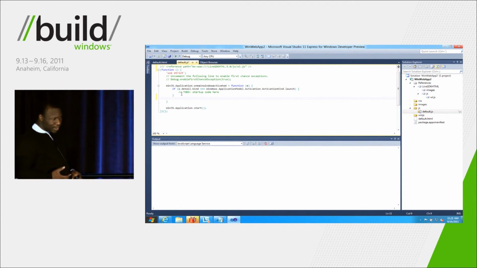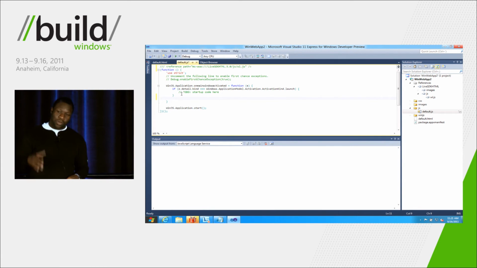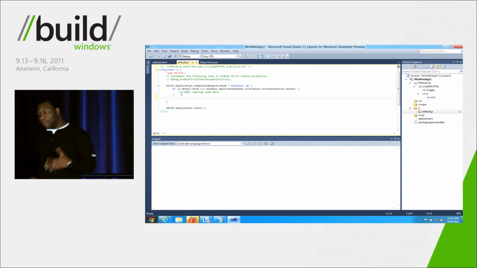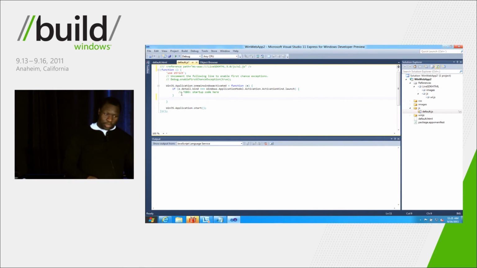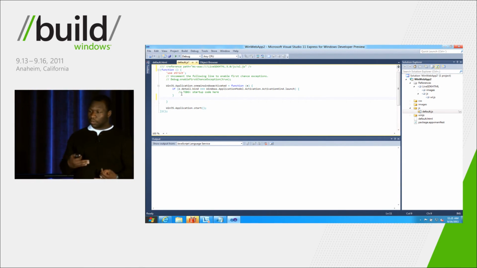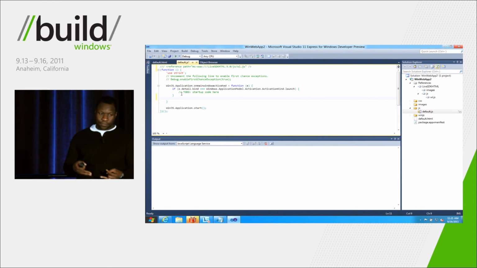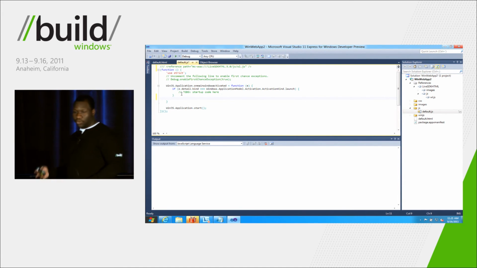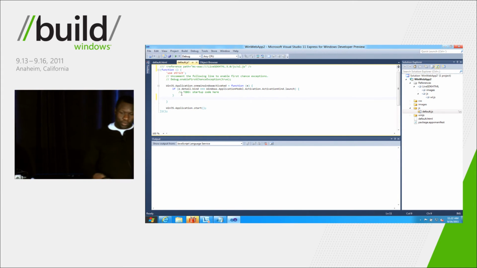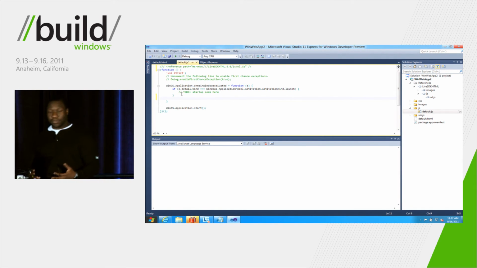So I should talk a little bit about our JavaScript object model. In the Live SDK, we have a single object, the WL object. That object is responsible for authenticating the user, authorizing your application, and making API calls. We studied JavaScript development patterns online, saw how people built JavaScript APIs for a number of online services, including Facebook and Twitter. And this design pattern seemed common and familiar to developers.